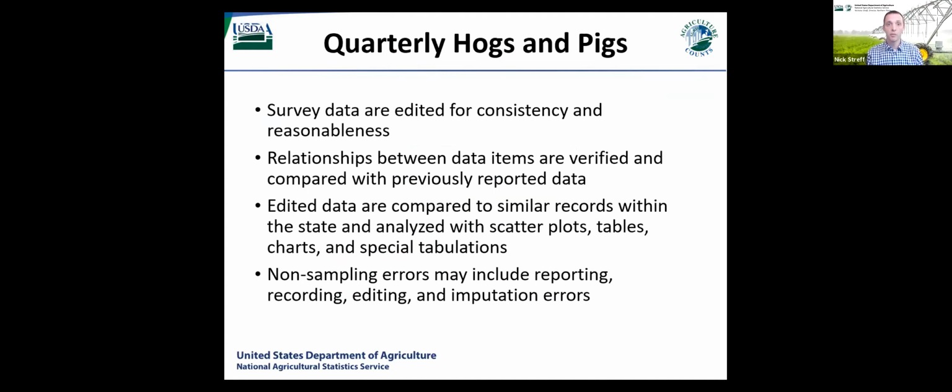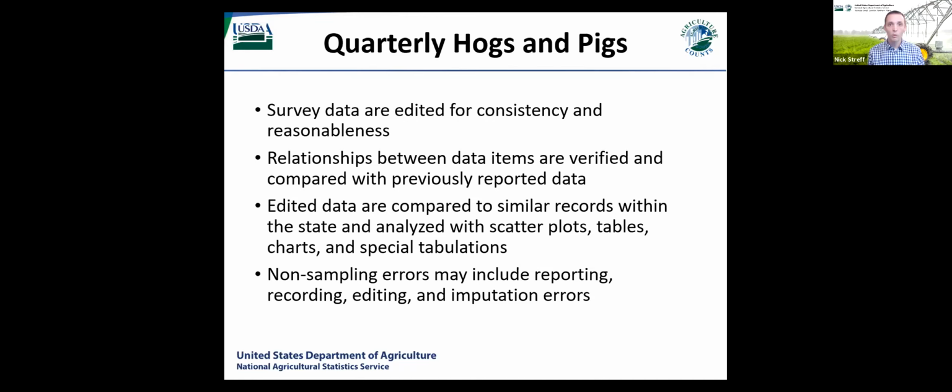And we have a team of people that look through this data. They're looking through it for consistency. They're looking through it for reasonableness, where there are large changes from quarter to quarter. Because remember, we contact the same people every quarter for a year, and then we switch out that sample. So we have some good history to know, well, they're normally about 10,000 in inventory. Now they're 15. Do we need to call them back? Is there a comment to explain this increase?